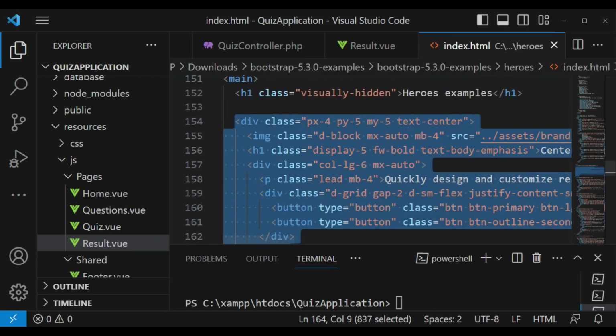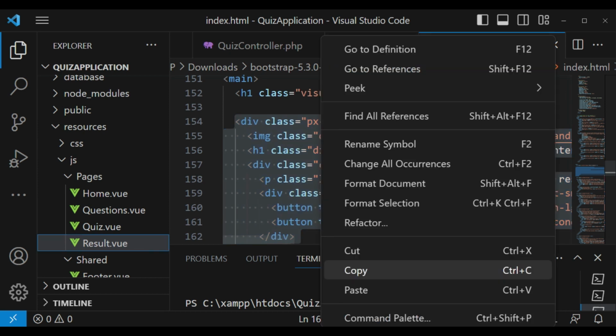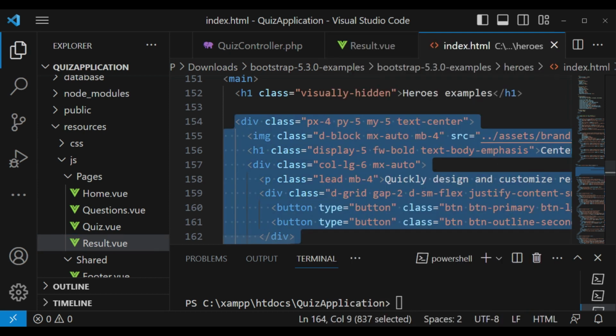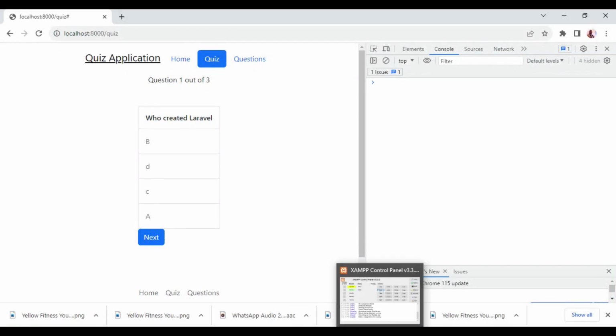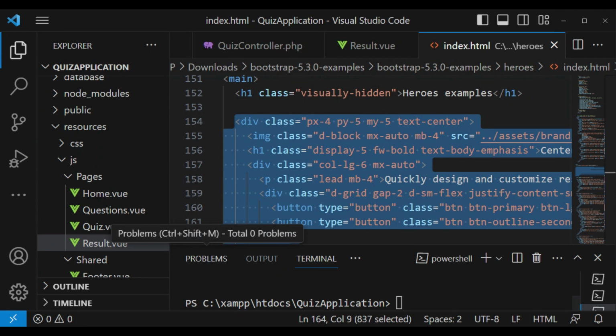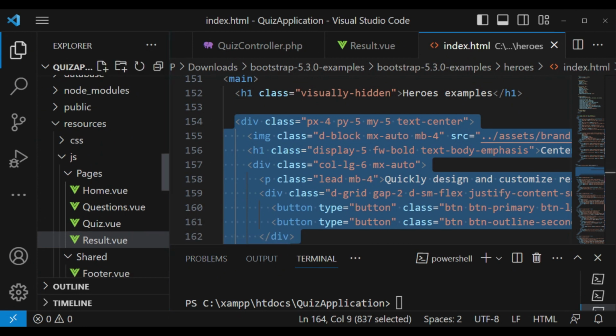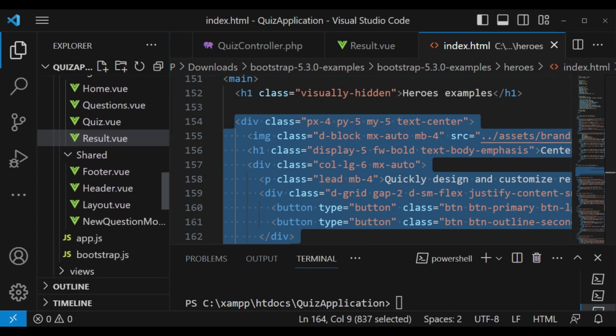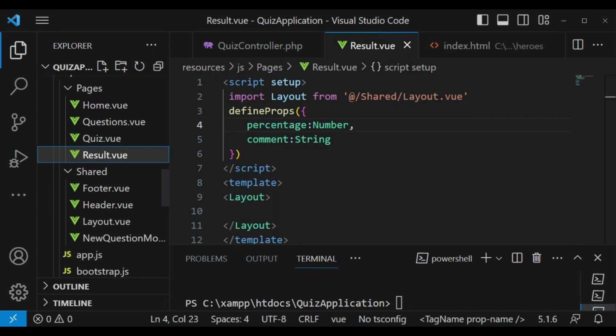Yes, I will just copy exactly this one, similar to the one that we're having in the first page, and then I'm going to paste it in our result.view. So we are going to paste it here,